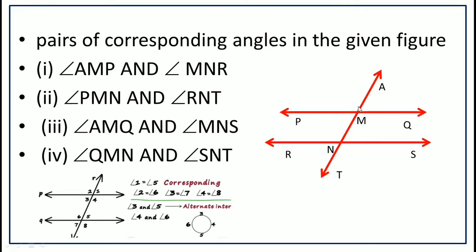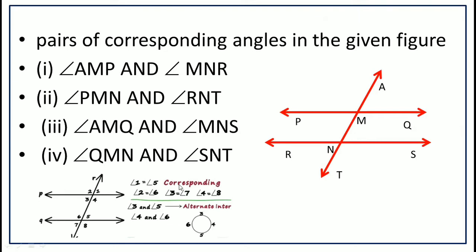If that is not understood, then use the same numbering here, 1, 2, 3, 4, that is 8 angles, and angle 1 is equal to angle 5, that is the corresponding angle. Corresponding angles are always equal to each other. That means they have the same measurement, that is, equal angle measure.